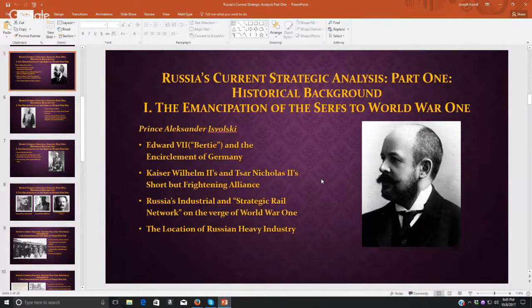And this, incidentally, was done by these two monarchs almost slyly, one might say, because neither monarch had consulted their nobility or their respective governments before they met on the Kaiser's yacht in the Baltic Sea and signed this memorandum of understanding, which basically was an alliance between Germany and Russia. And of course, word got out of that,